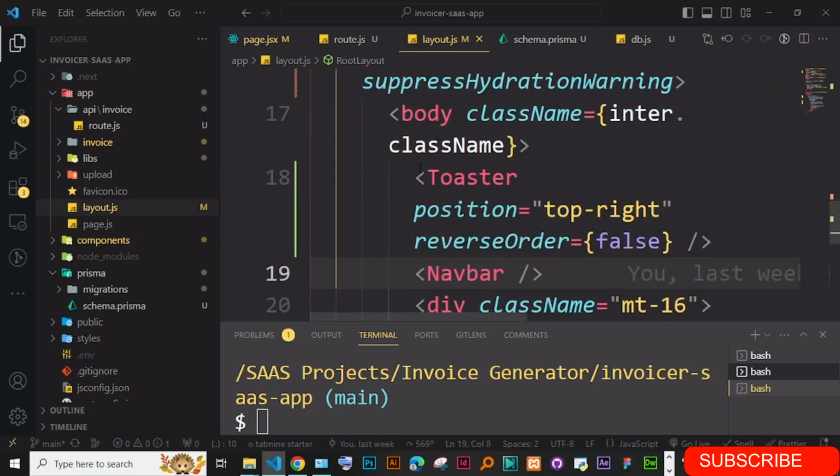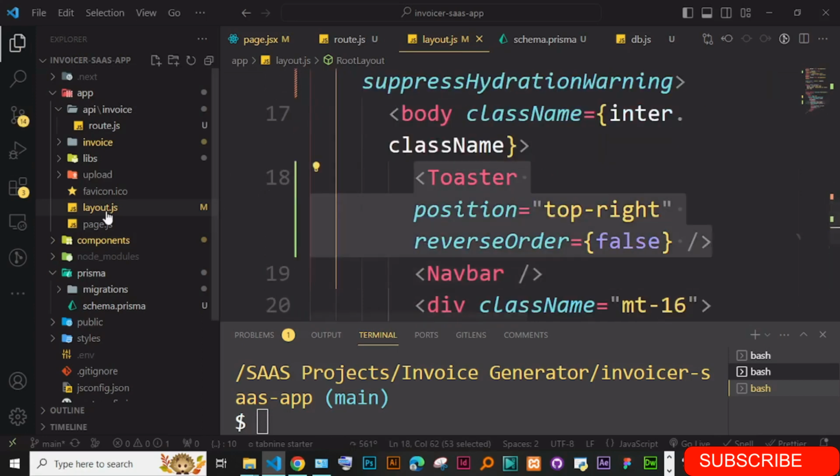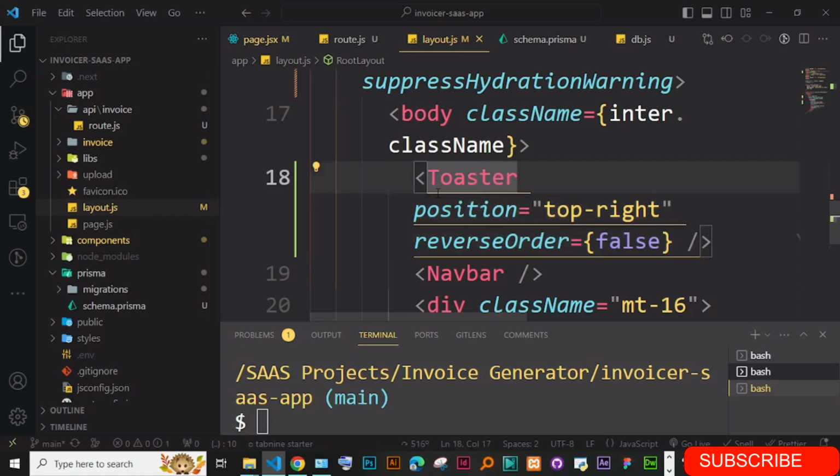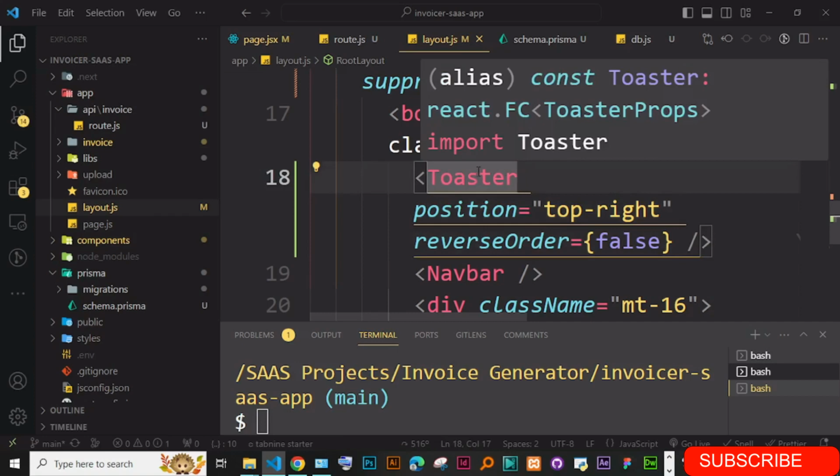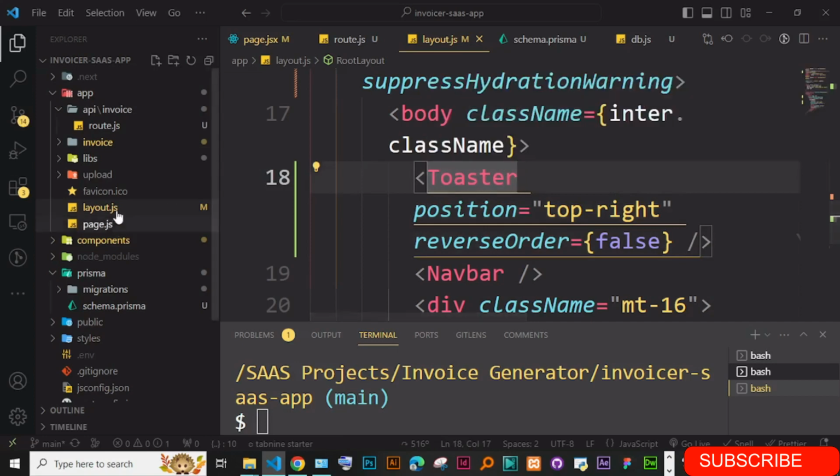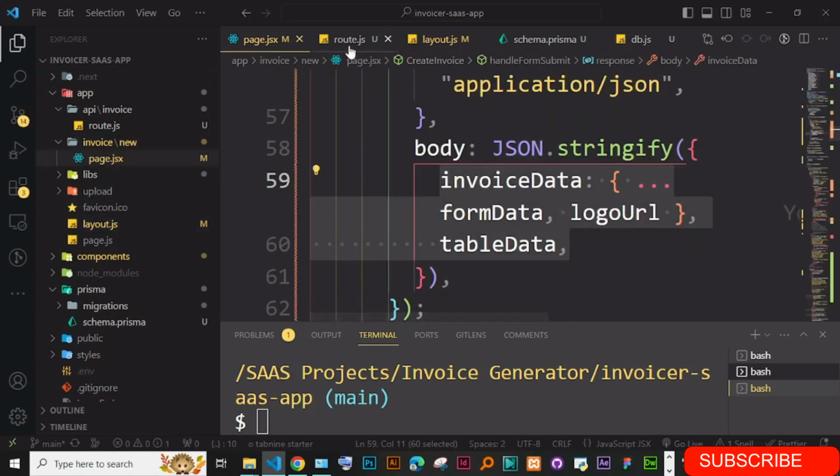So we have put this inside our layout, and this toaster is like a provider. So we are just putting it here inside the layout so that it can be used in all pages. Okay, so when we come to our page,